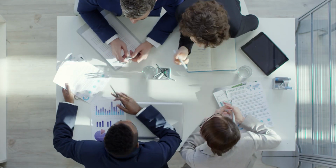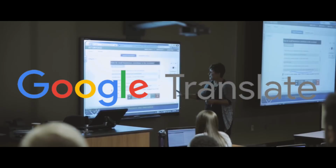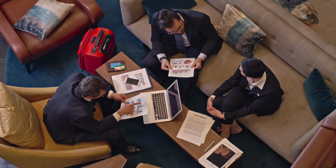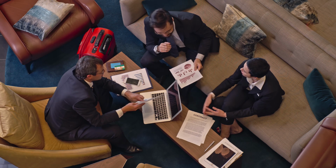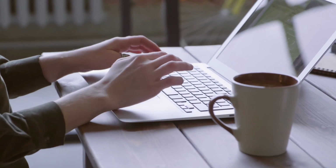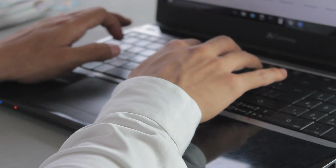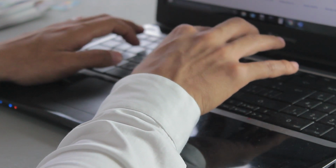Like I said earlier, we're going to be talking about how to make money using Google Translate. And no, you don't need to know any foreign languages. The cool thing about this strategy is that there's a huge demand for it, and if you simply browse job sites online, you will see that there's a lot of opportunity out there that you can take advantage of. And while those are great, there's even more than that. And I'll be sharing all of the websites that you can utilize to earn the most money from this gig